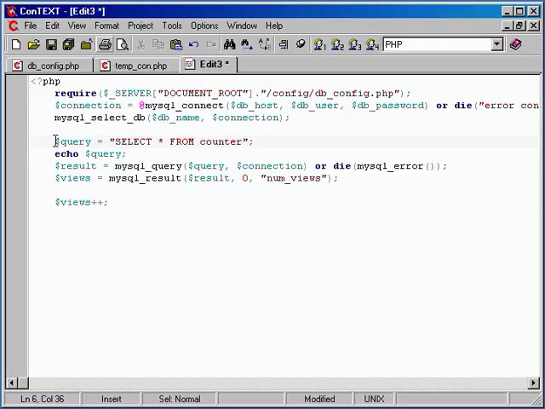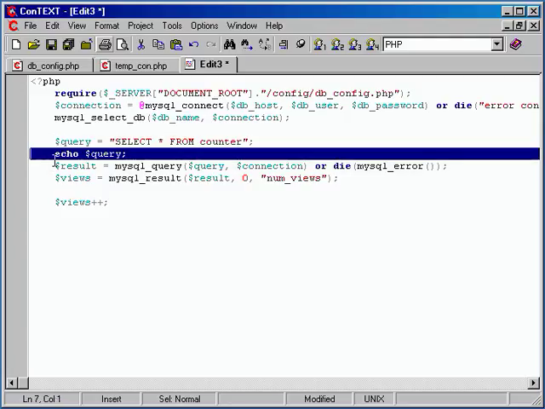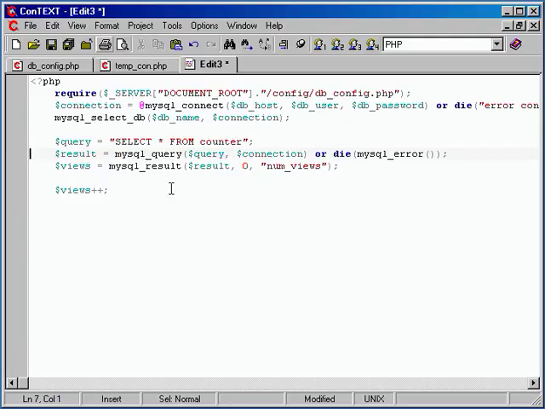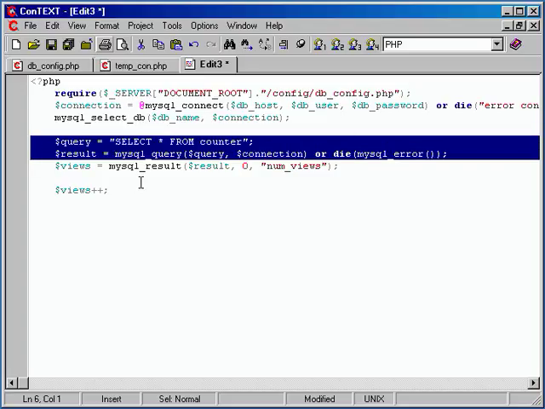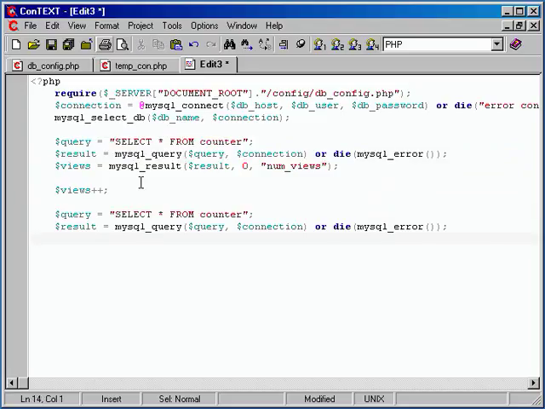This just makes it very easy to split this whole operation up into different steps. I'm going to take that back out because we won't be using it. We'll just be looking at MySQL error if something goes wrong. So we'll do another. And at this point, I'm going to get just a little bit lazy. We're going to do almost the exact same thing. We need to start a query, and we need to run it. But this time, the query is going to be